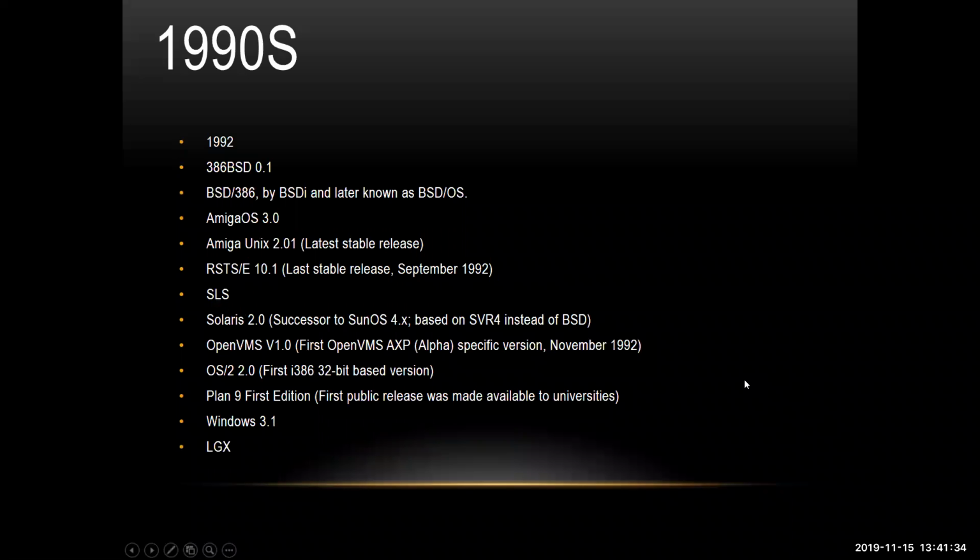In 1991, we had Linux 0.01-0.1. The Linux kernel is a free and open source monolithic Unix-like operating system kernel. The Linux family of operating systems is based on this kernel and deployed on both traditional computer systems such as personal computers and servers, usually in the form of Linux distributions. And then Mac OS System 7 was also released. And we also had Minix 1.5